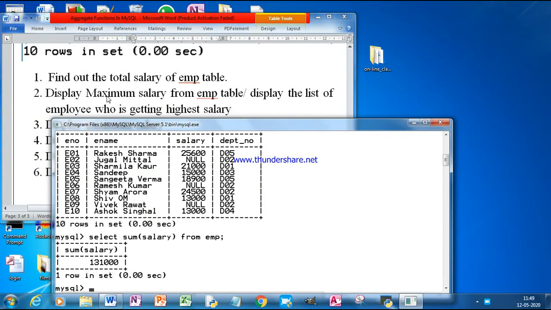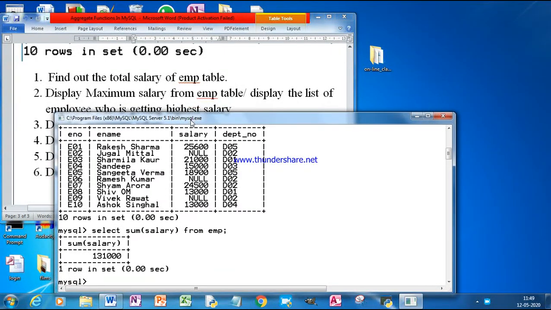Next is display the maximum salary from employee, or say display the list of employees who is getting the highest salary. Who among them is getting the highest salary? Let's start.